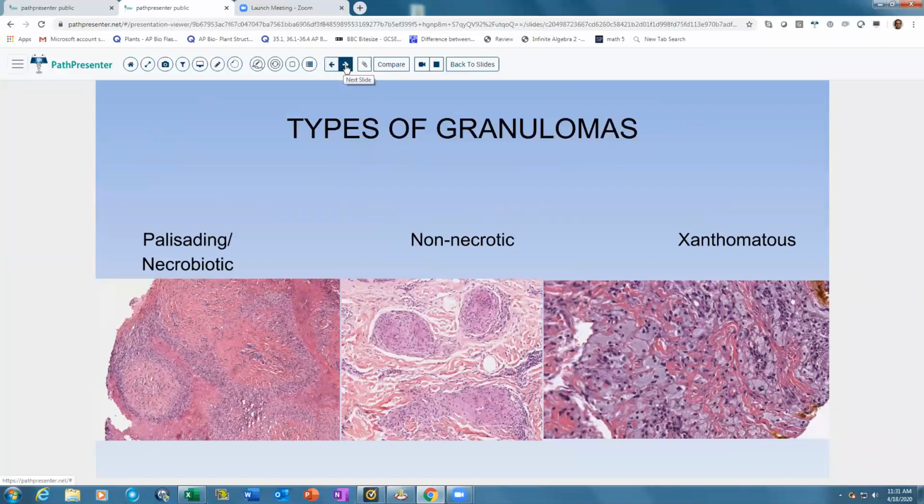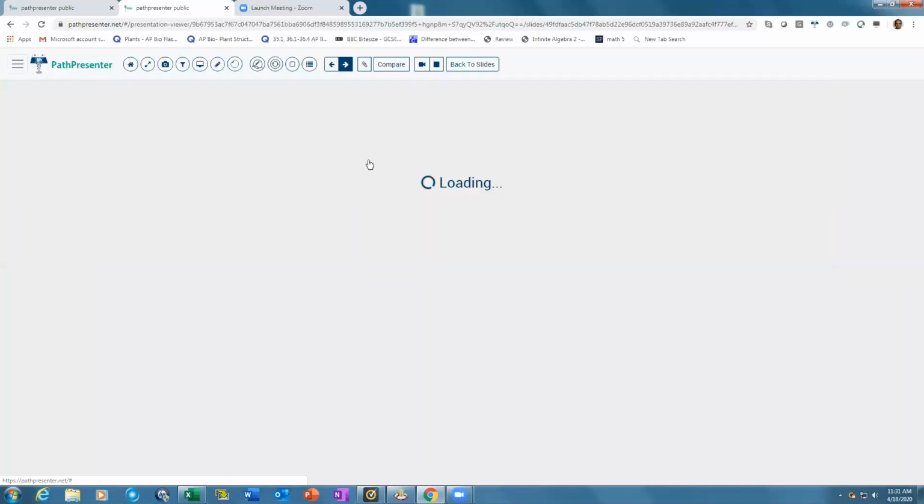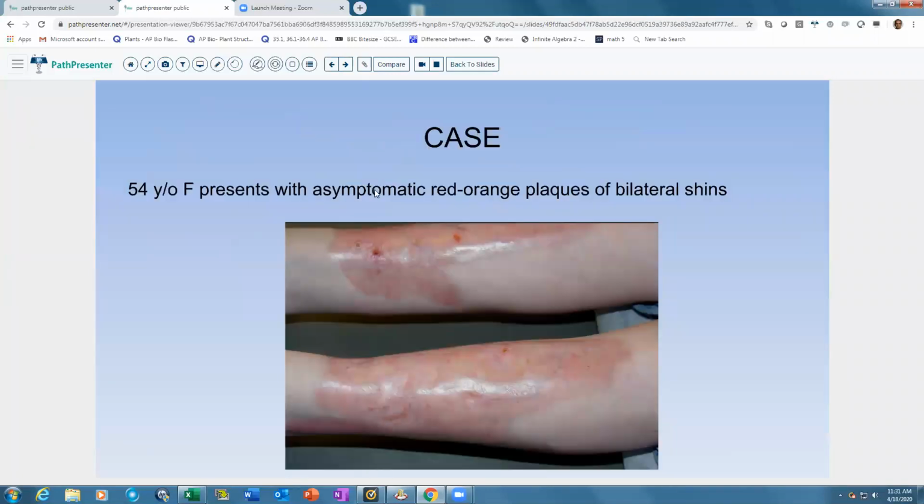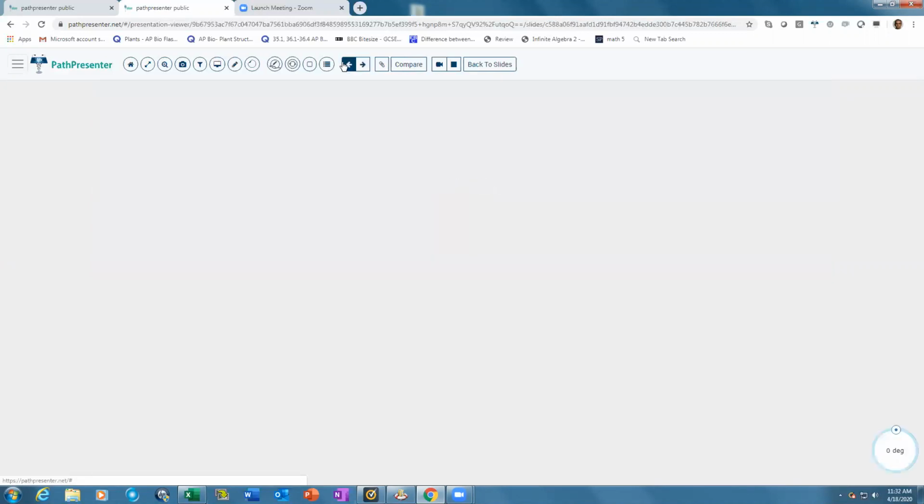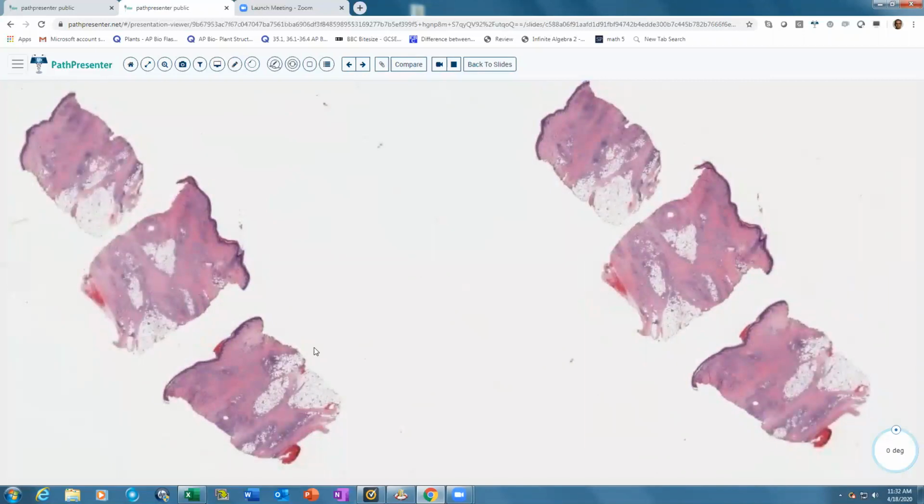So when we talk about the palisading and the necrobiotic granuloma, this first case is an example of that, where you see this 54-year-old female presenting with asymptomatic red-orange plaques on the bilateral shin. So you can see these plaques on the bilateral shins. And when we look at the biopsy here,